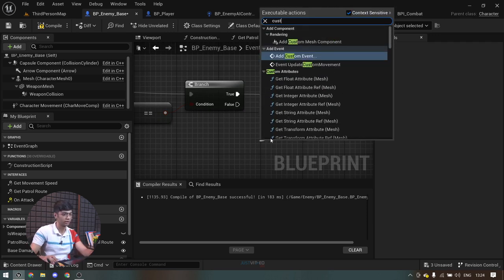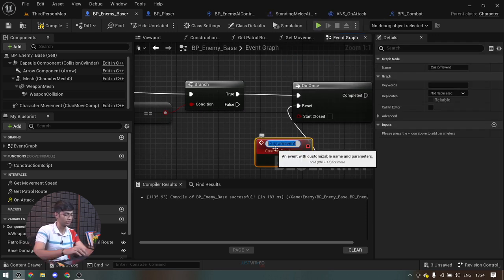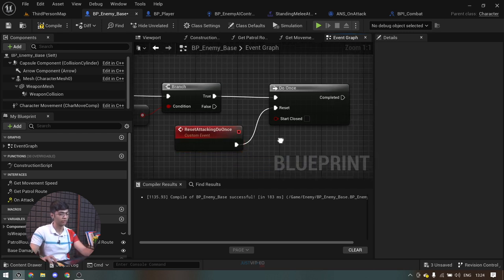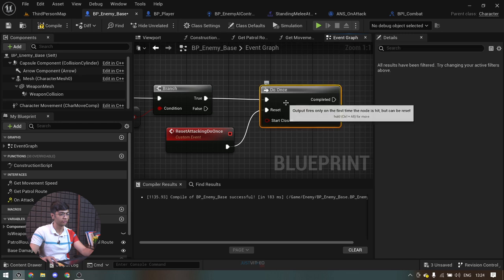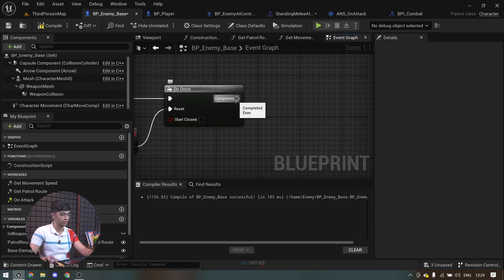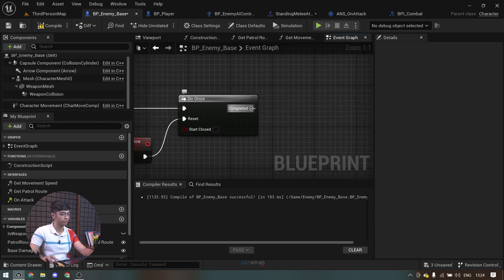So I'm going to add a custom event and call it reset attacking do once. Now this reset will be called when the animation is finished. We are going to get there in a second,